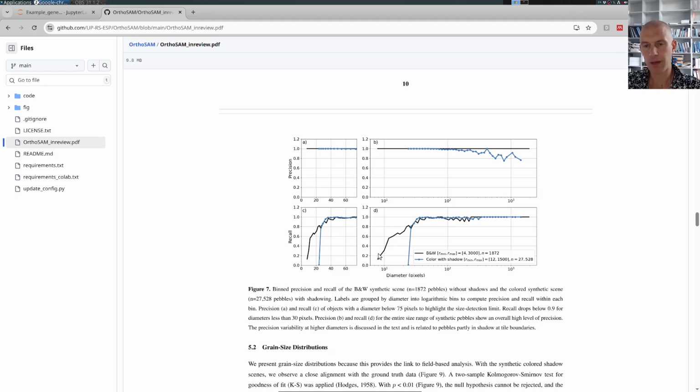So below 30 pixels, the detection or the identification of pebbles or segments is low, meaning that if you have a data set where your pebbles are less than 30 pixels in diameter, you will have a low recall. So you should aim at 30 or maybe slightly more pixels in order to accurately detect them. So we used the black and white data set to detect this. We did not want to disturb it by shadows or color noise, and we clearly show that this is a